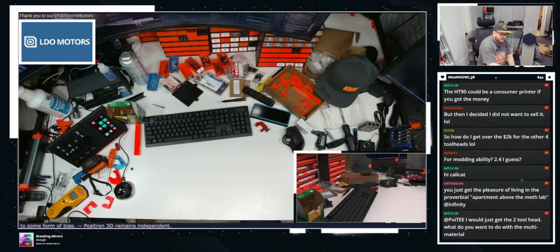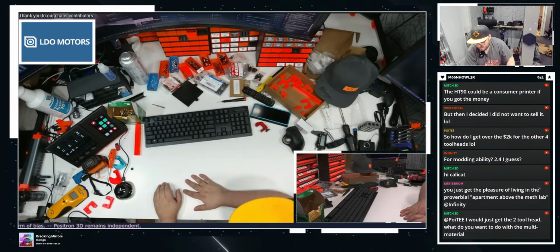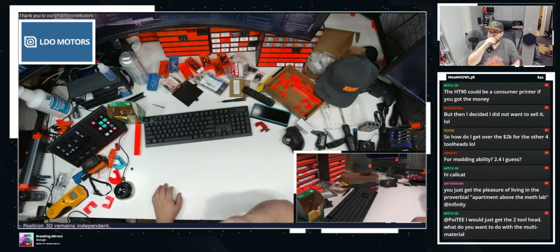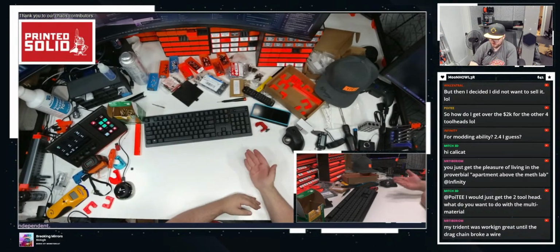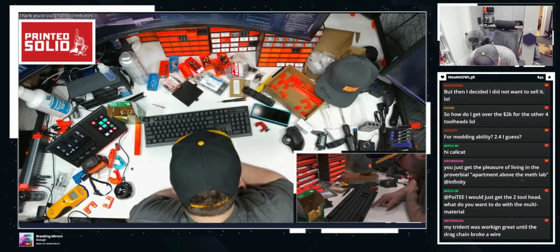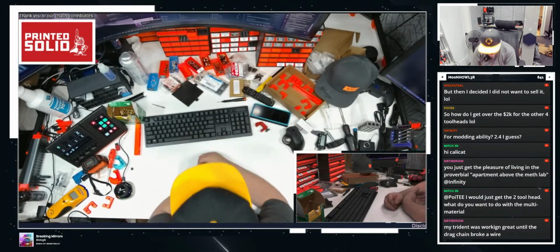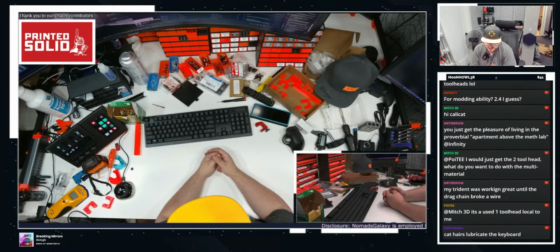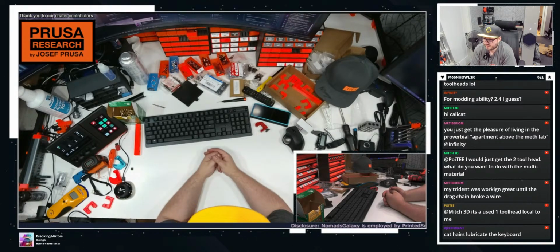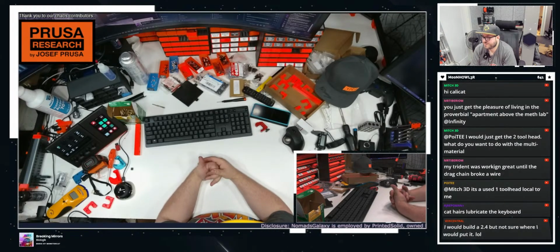It's insane. For such a short-haired cat, she sheds so much. Oh, that is a bad dent. Oh, that's frustrating. Cat hairs lubricate the keyboard, right? I don't want to think about that.